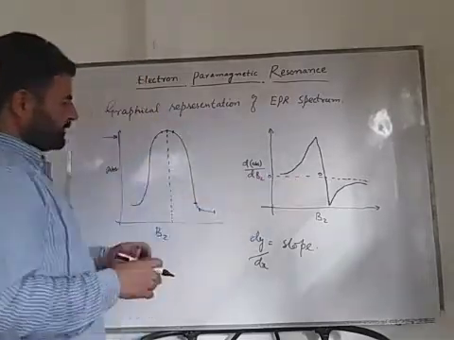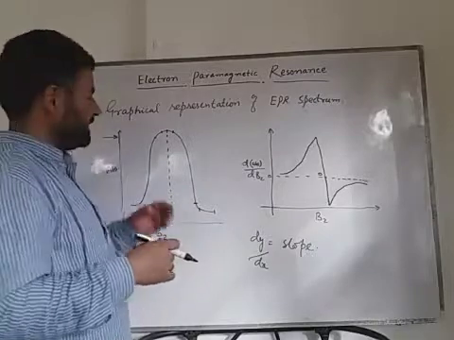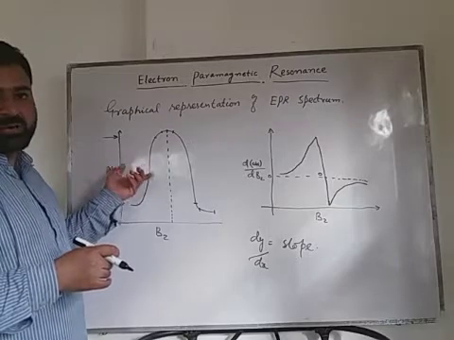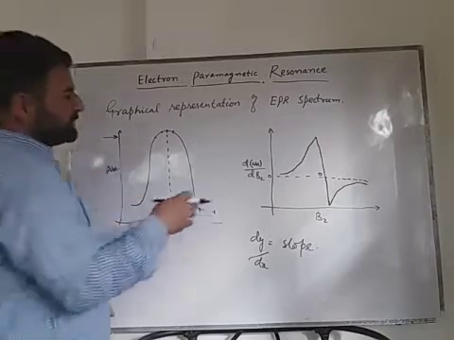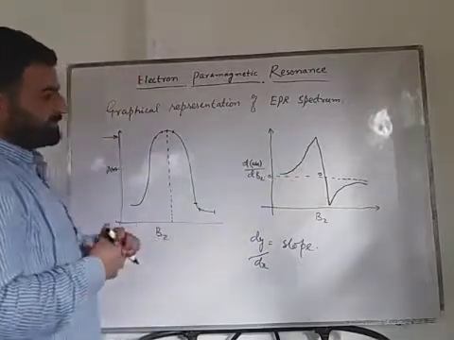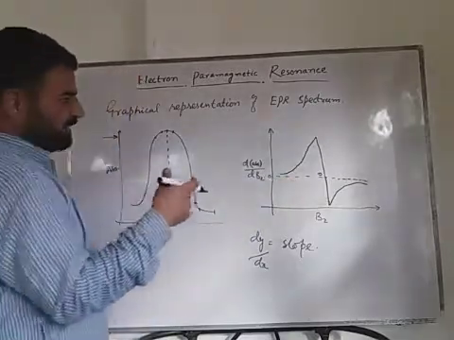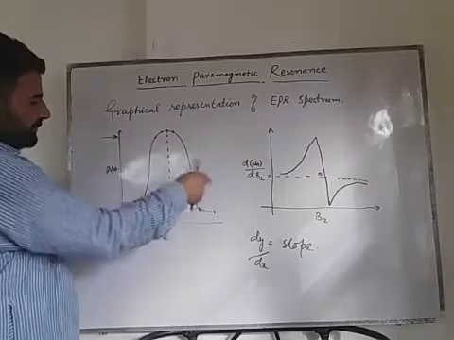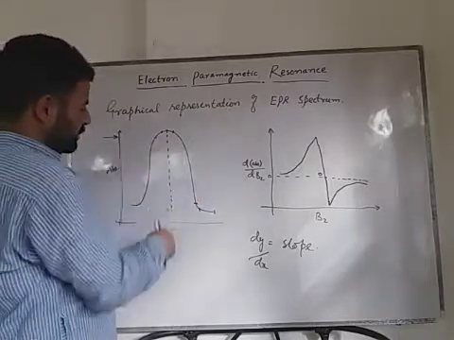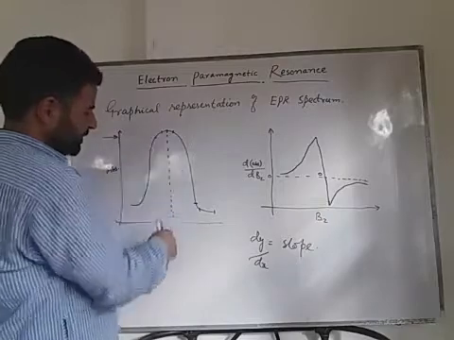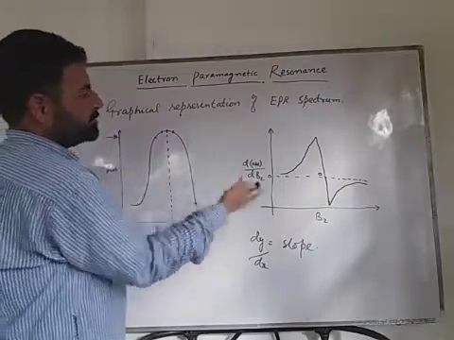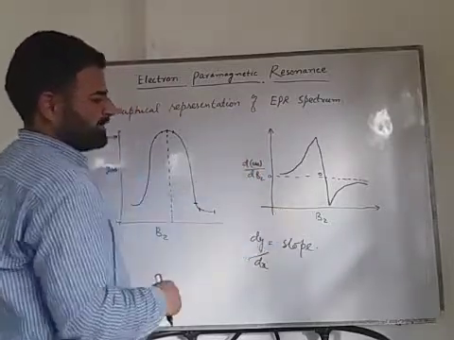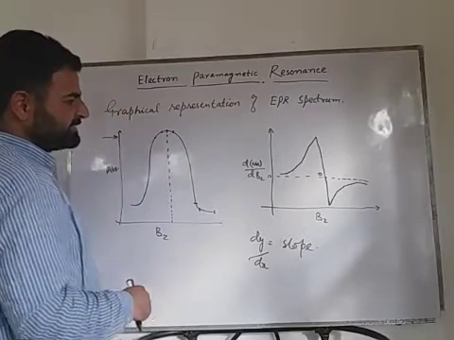This derivative peak will exactly give us the point of maxima which we could not see in the normal absorbance peak. So we are using this type of spectra in case of EPR spectrum. I will explain again. Since in absorbance spectra we get a broad spectrum and it is difficult to see the maxima of our peak, we use the first derivative. That means we are taking the slope of absorbance on the y-axis and the applied magnetic field on the x-axis.